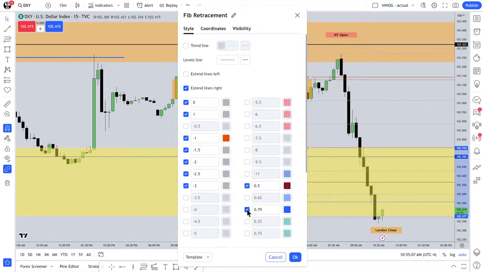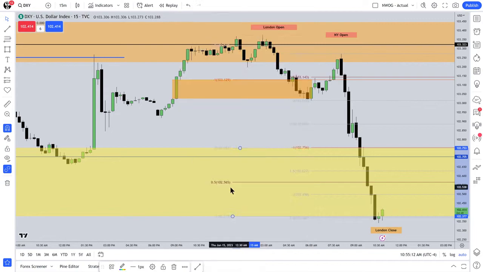Is 102.565. So we went through that easily and then traded outside of the range of that order block. So now, since we've done this level here, mean threshold now becomes critical. And we would rather see it not trade up into,